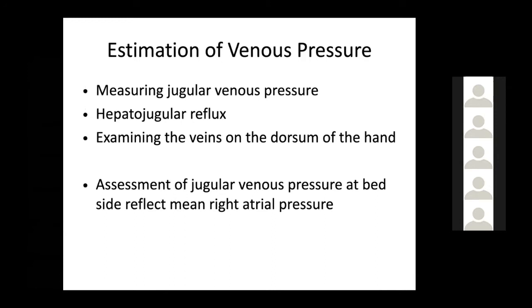Now, when measuring it, there are various measures. You should measure the jugular venous pressure. You should always see the hepatojugular reflux and examine the veins on the dorsum of the hand. I will come to it because there is something known as the Gartner method, where in a sitting position, if the JVP is too much raised, you may tell that the JVP is not raised, but you will miss the very high JVP. Why? The neck veins will be very much engorged, which is an indirect sign that the JVP is